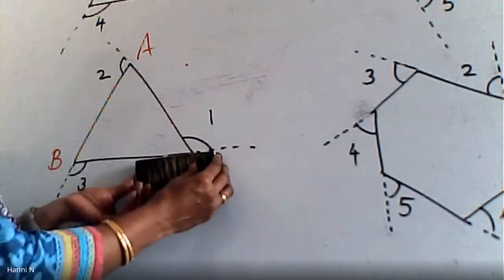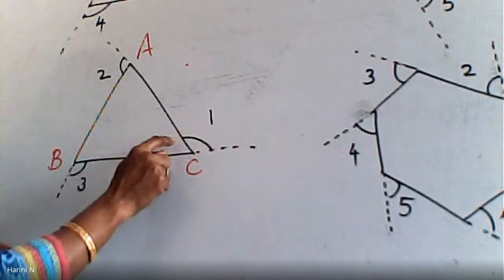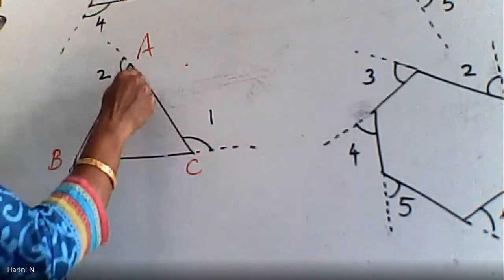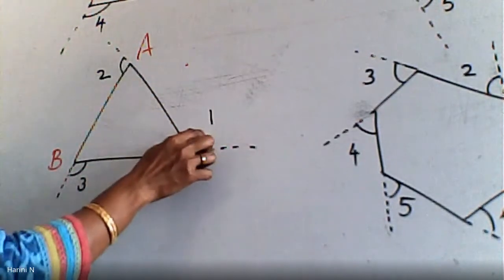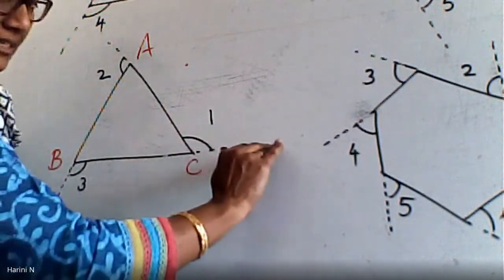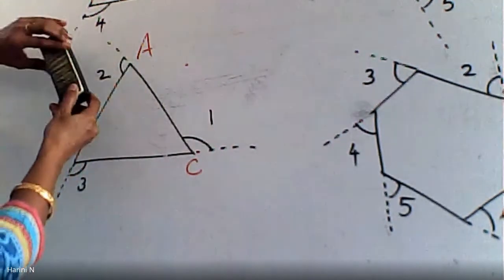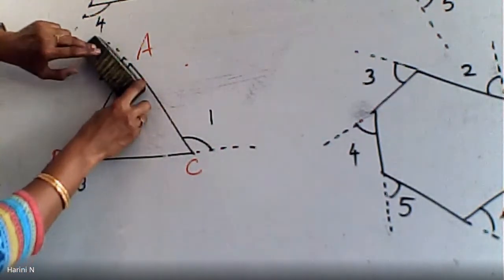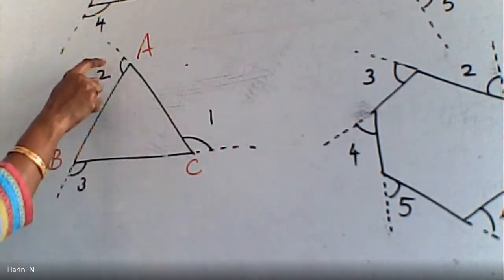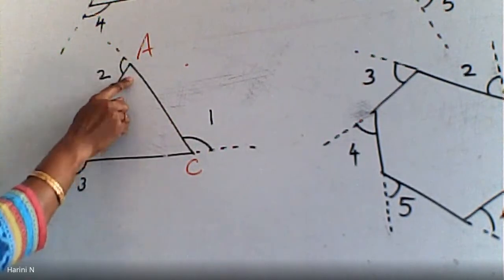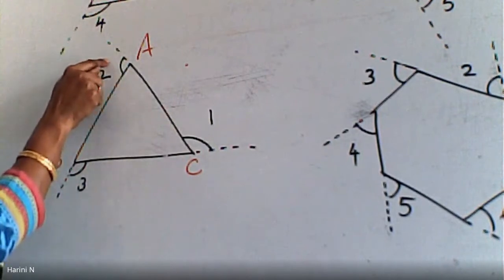Now keep your scale along BC like this and extend your line. And that adjacent angle, at vertex C, one common line, that is your common vertex. So if this is the interior angle, this becomes the exterior angle. Okay, so you have extended BC, you got the exterior angle. Similarly, when you extend the AC, you should keep your scale along AC. All right. So that way you will get the second exterior angle at A. This is the interior angle. There must be a common arm, the adjacent angle. So this will become the exterior angle.